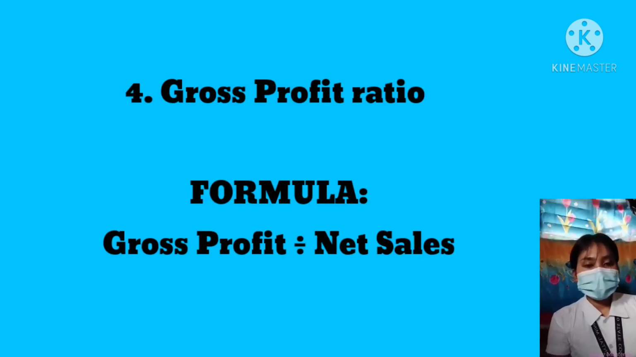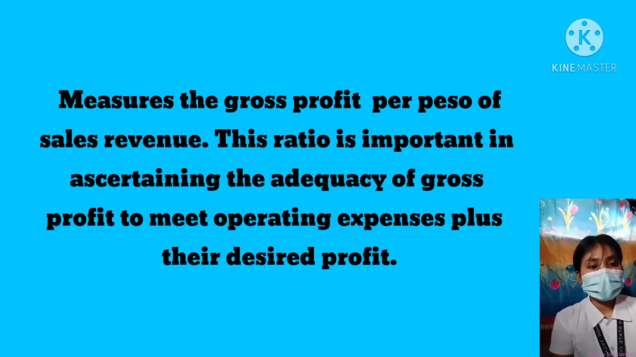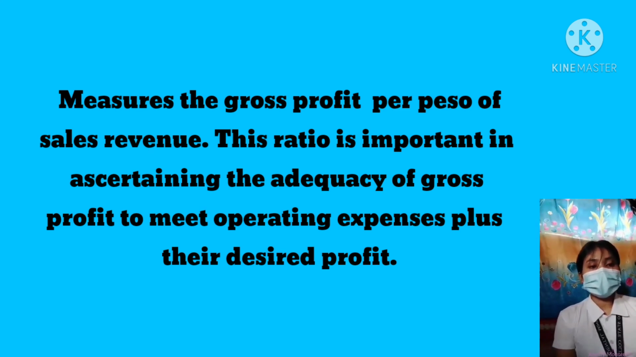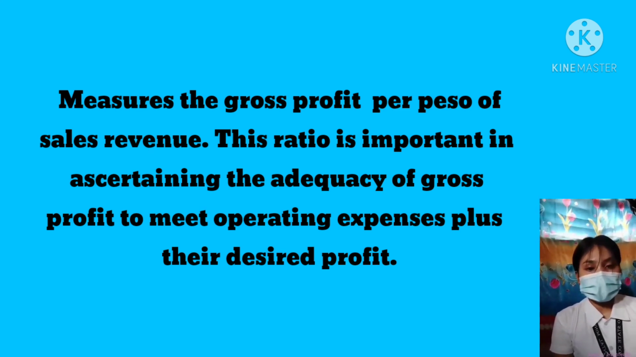So, number 4 is gross profit ratio. Its formula is gross profit divided by net sales. Its significance is that it measures the gross profit per peso of sales revenue. This is important in